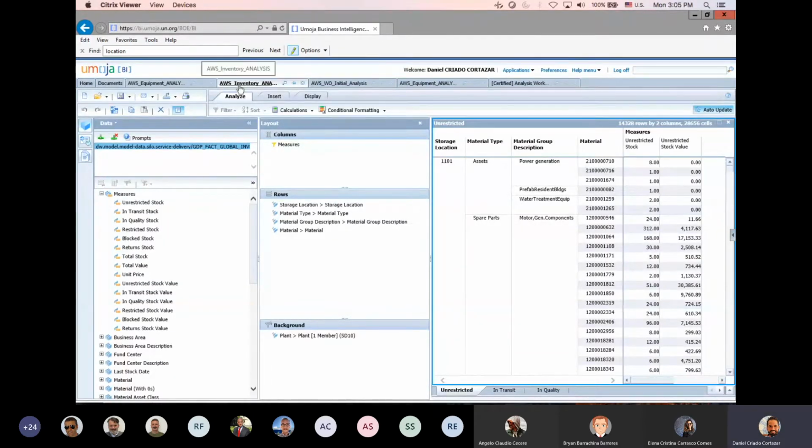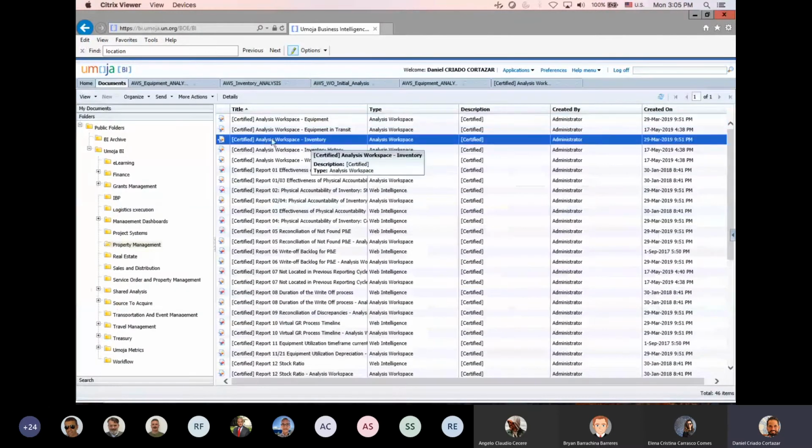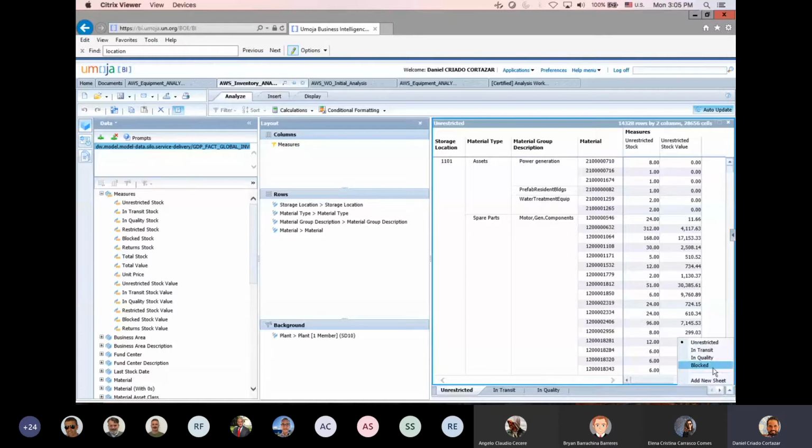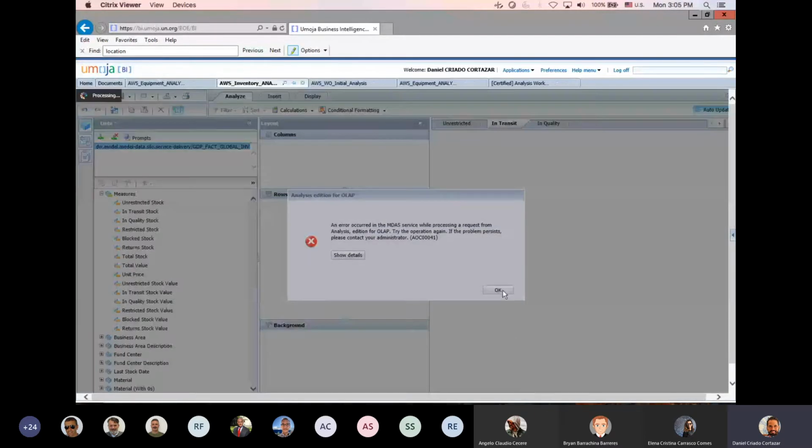Okay, so what I did for inventory, for the AWS analysis workspace for inventory, it's this one, the third one. I think it's inventory analysis. Basically, as you can see in the different tabs, I broke down all of our inventory by storage location, on whether that inventory is unrestricted, in transit, in quality, or blocked. So you can see in the different tabs, by storage location, the analysis: material type, the description, and the plot ID, unrestricted stock. If I go to the transit tab,